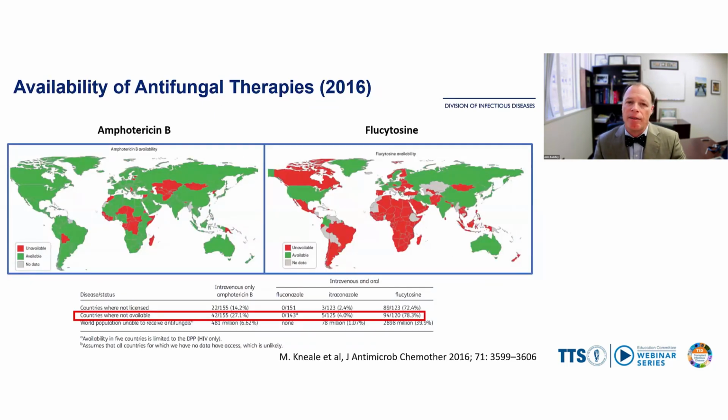So one caveat is that availability of antifungal therapies is not perfect around the world and in all situations. These data are about 10 years old, but it just points out that amphotericin B and flucytosine are not always available and ready for the clinicians. And so this actually is amphotericin B traditional deoxycholate formulation, but in fact, the liposomal preparation is really even harder to get. And in 2016, really, 20% of countries did not have AmphoB available and 80% did not have flucytosine available. So although we say this is our go-to primary recommendation for treatment, again, you have to be aware of these limitations where you're practicing.